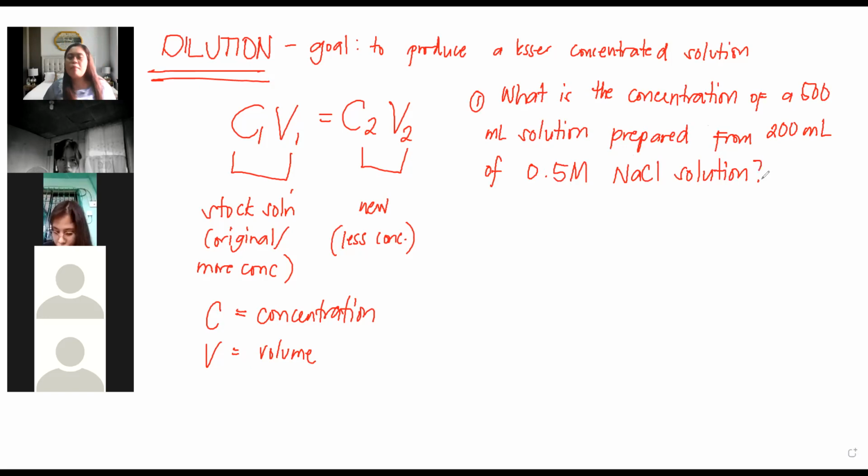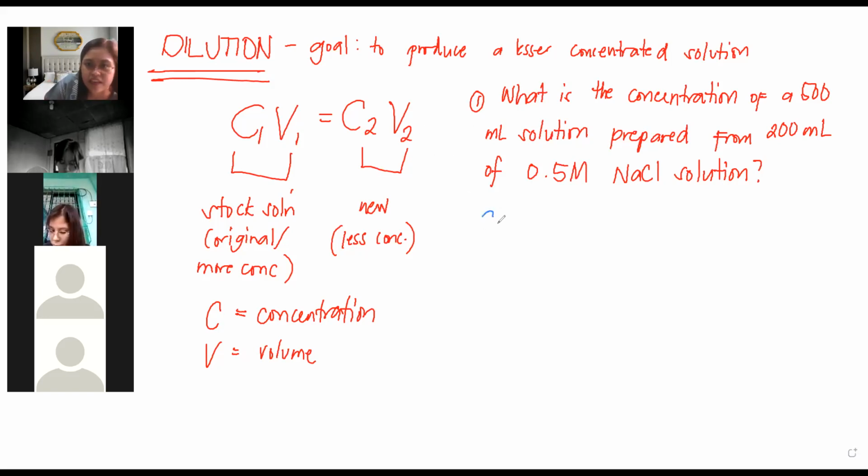This is an example of a problem about dilution. So ang tanong, what is daw the concentration of a 500 ml solution prepared from? Ang hint nyo there, prepared from, meaning galing siya sa 200 ml of 0.5 M NaCl solution,